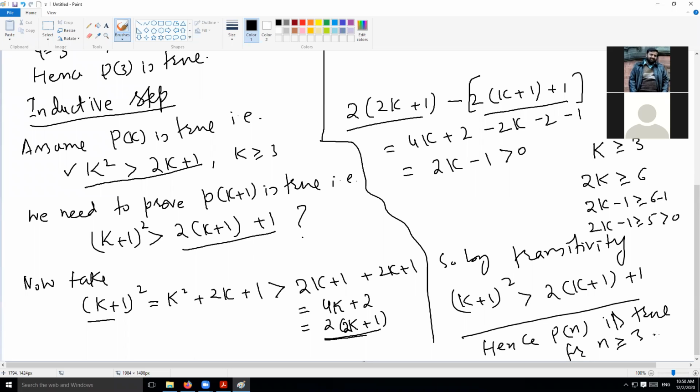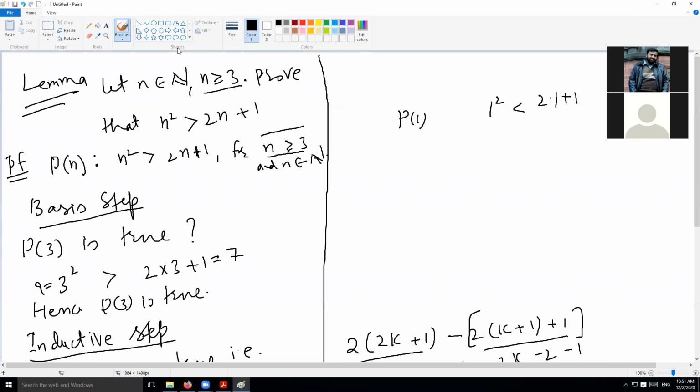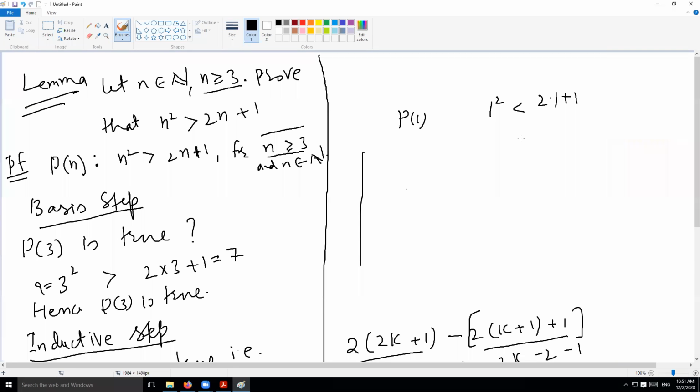That means you haven't really understood the very first definition of the principle of induction. I'm applying the principle of induction. Let me repeat it again. You want to prove a statement P(n). You want to prove that P(n) is true. So prove two things: the base step and the inductive step.